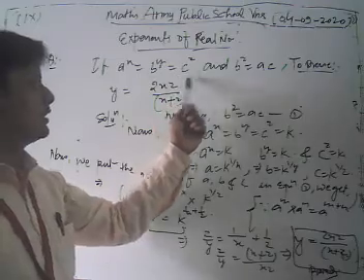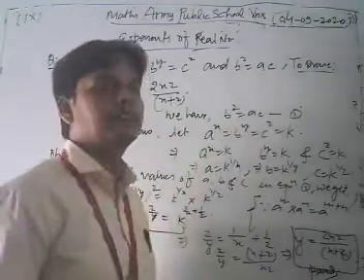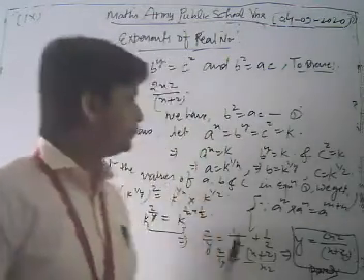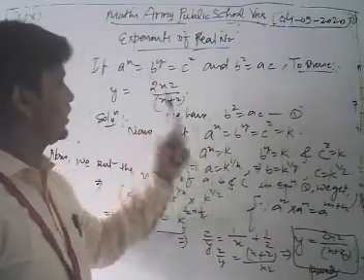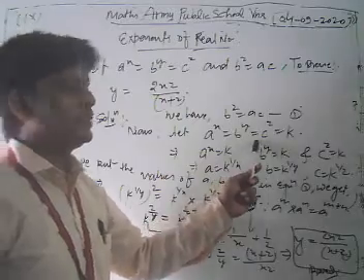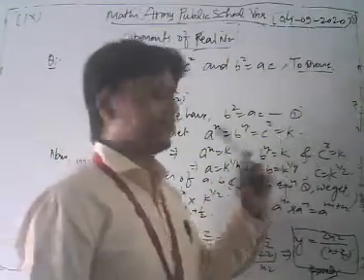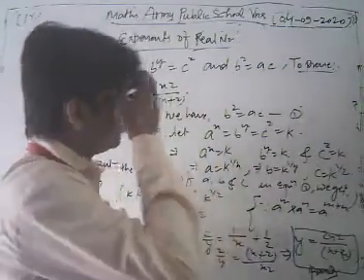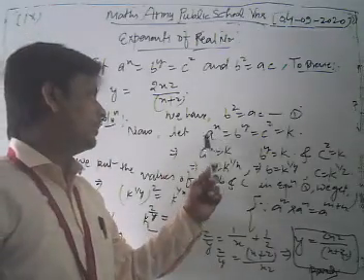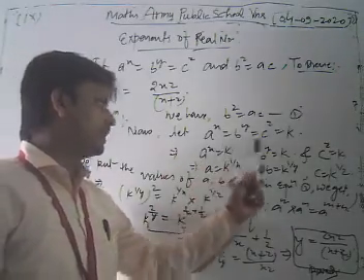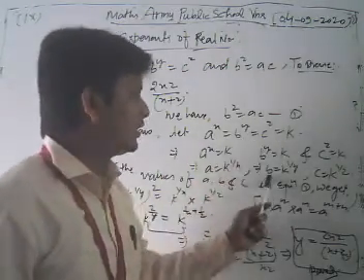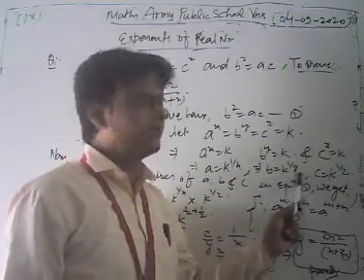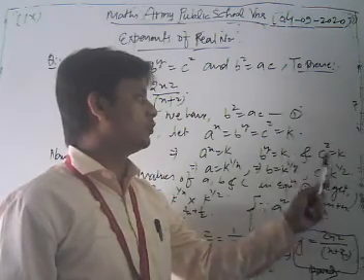Here this is the given relation, and also a relation given as b square is equal to ac. Now this is the given equation. We take it as equation 1, and now we take a to the power x is equal to b to the power y is equal to c to the power z is equal to k. Now from here we find the values of a, b, and c. The value of a is k to the power 1 upon x, the value of b is k to the power 1 upon y, and the value of c is k to the power 1 upon z.